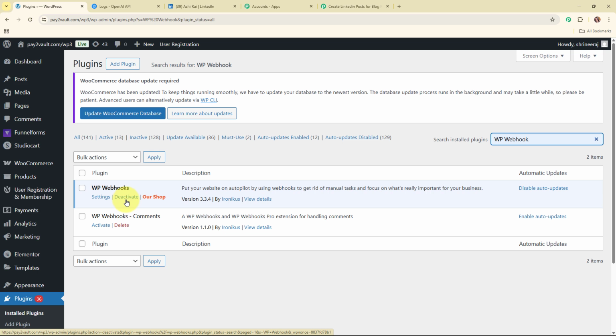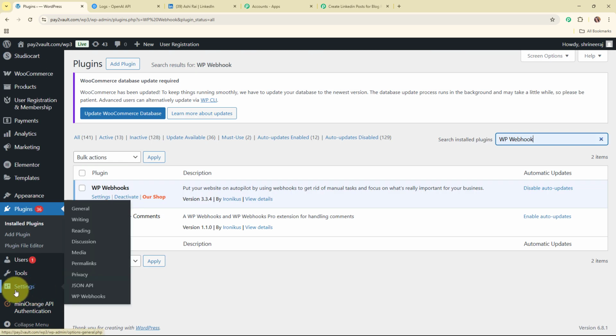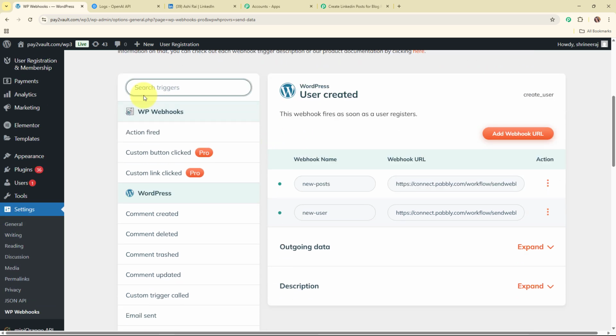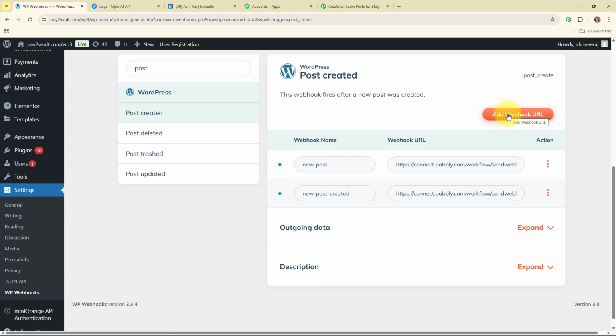my WordPress account. So now here after checking the plugin, we are going to move to the settings, and from here you can see an option of WP Webhooks over here. So I'm going to select that. And now here under this WP Webhooks, I'm going to click on this send data. And now here under the send data, it is asking me to search for the trigger. So I'm going to select the trigger as post created, and then I'm going to click on this add a